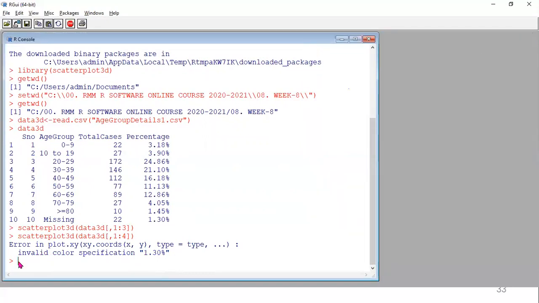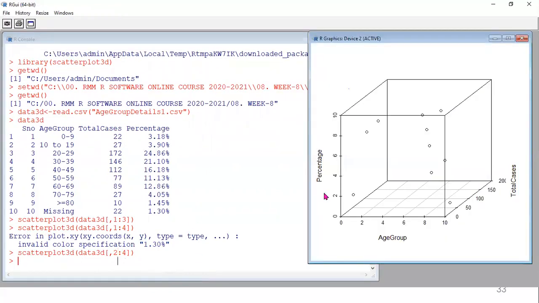Now you are using 3D, which means you can provide any 3 attributes. Now 2 to 4, that means attribute 2, attribute 3, attribute 4, a 3 combination. Now you can see the graph. The second one starts with the second attribute, age group, then the third one, total cases, then the fourth one, percentages.